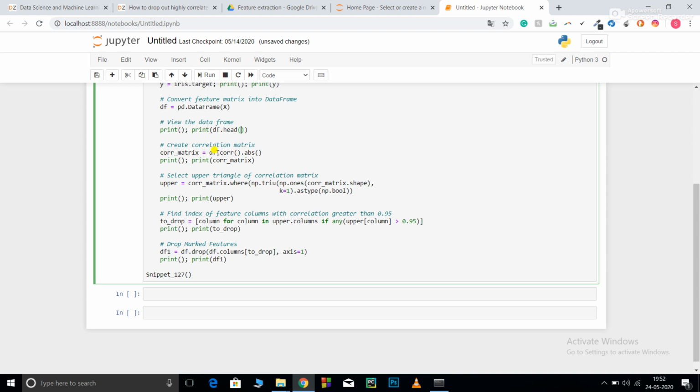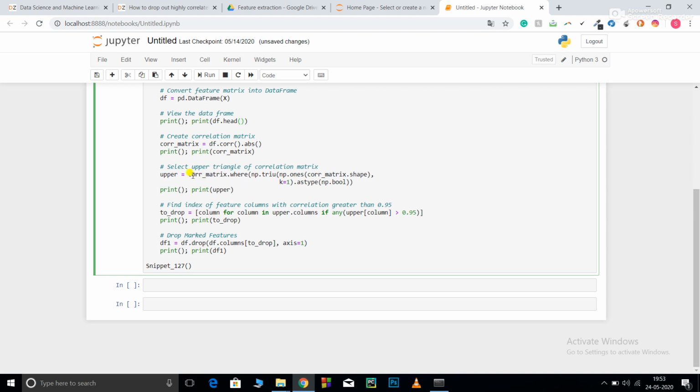Over here I am just calculating, more or less, if my correlation is 0.95 or minus 0.95, I need to drop both of these columns. This just means one is positively correlated, one is negatively correlated. So I just need to calculate my correlation matrix. I've calculated it by using df.corr().abs(). Now I'm printing my correlation matrix.